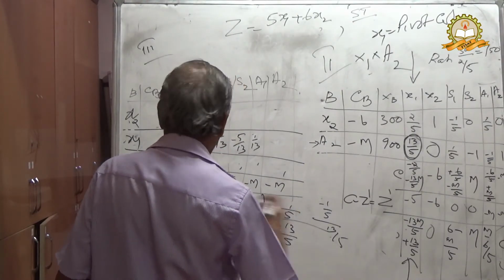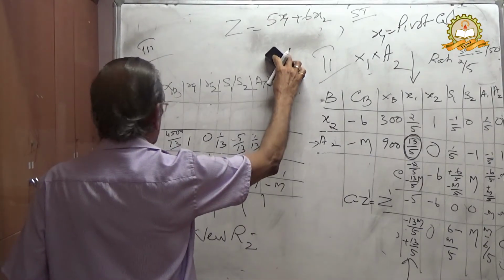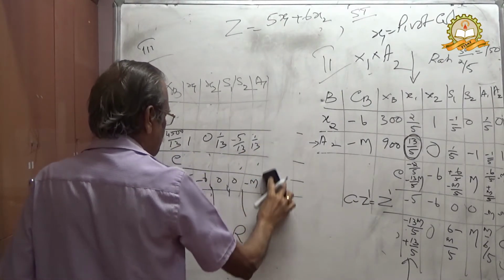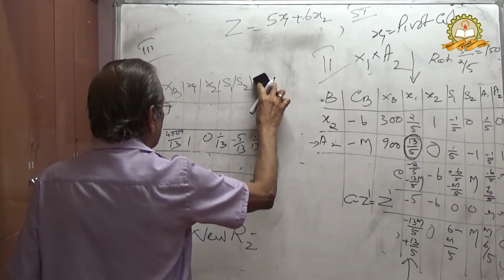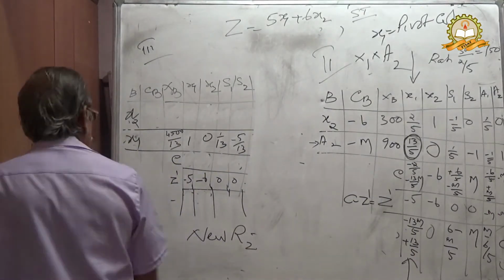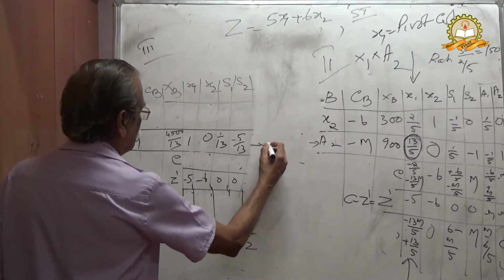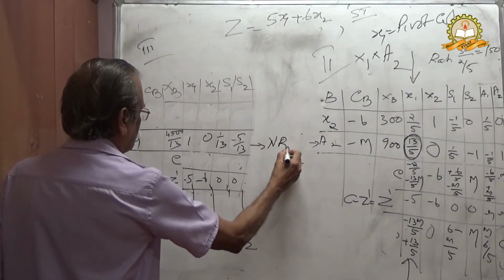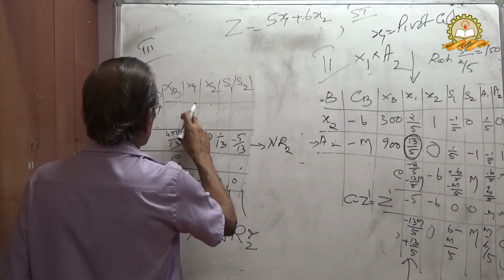Then under the last one also you can consider that here also A2, therefore A2 and X2 changes over. A1 already changed over into X1. Therefore you have only these two. Therefore this is your new row R2. Therefore here your job is to make this into 0.